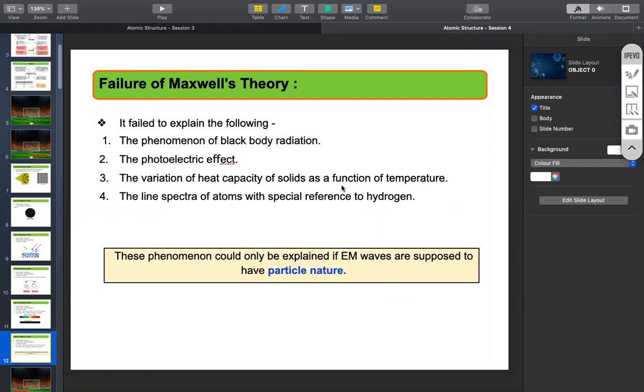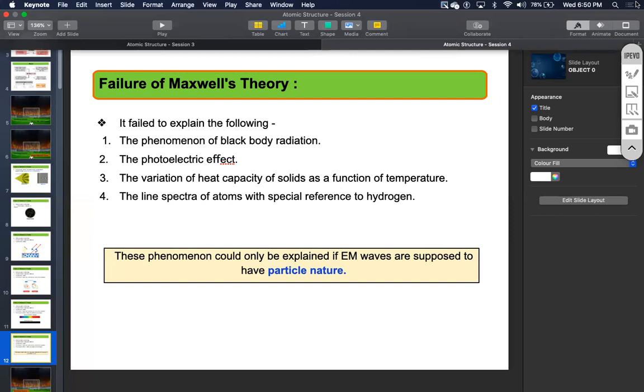So yes, both waves and particles at the same time, right? That we will come to later. This topic, whether they are the same or different, we will come to that. Understood? In this topic itself, we'll be learning that, after this part. Few things can be explained by wave nature, few things by particle nature. So the final conclusion will be that it has wave as well as particle nature. Understood?